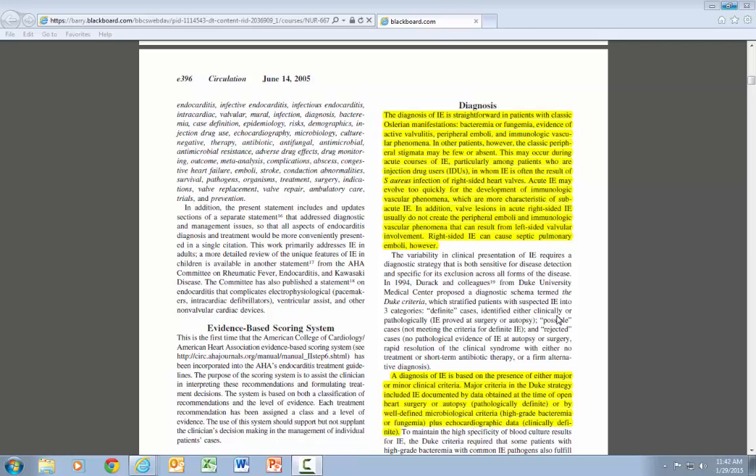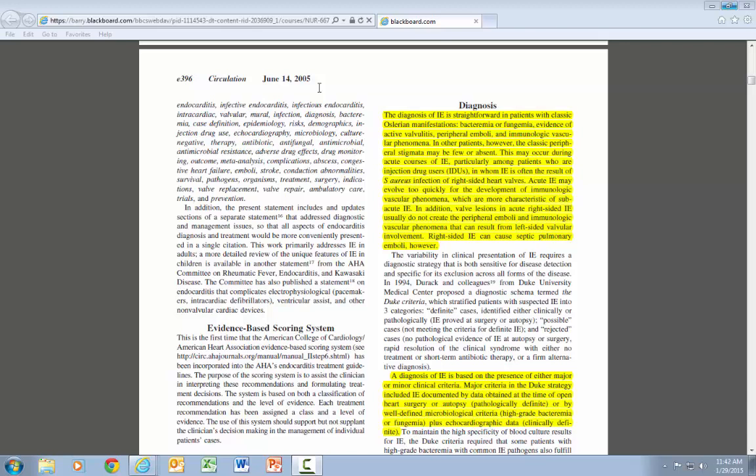Good morning. Today we're going to discuss the details of the guideline for the treatment of endocarditis. If you noticed, the guideline was already posted in your Blackboard with the most important content already highlighted in yellow. Even though you could see that the guideline is from 2005, this is the most updated information from the